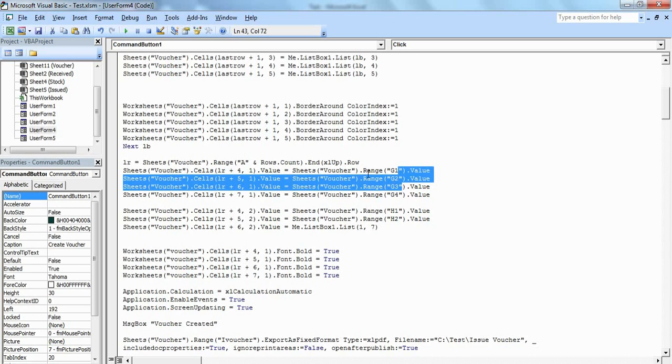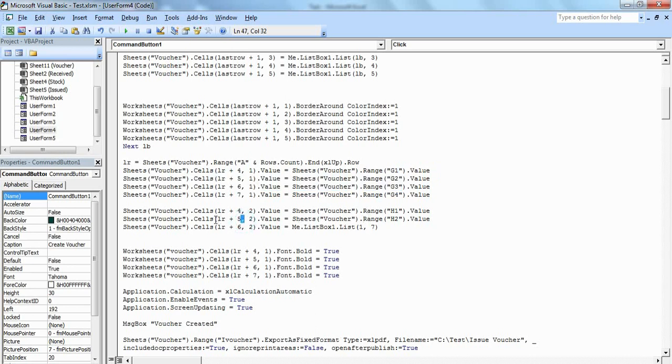So for that we have created SheetVoucher.Cells(LR + 4, 2).Value = SheetVoucher.Range("H1").Value.